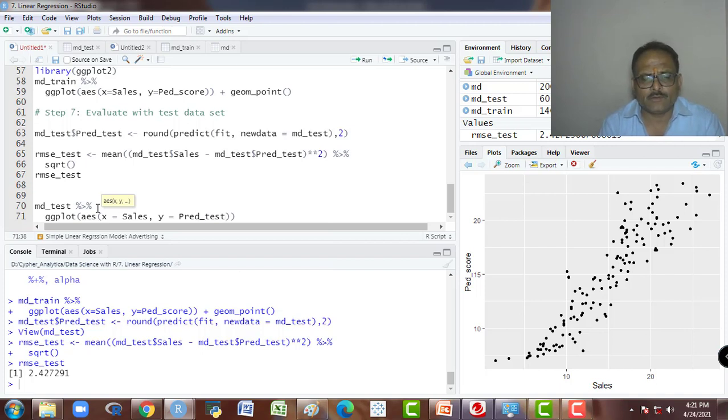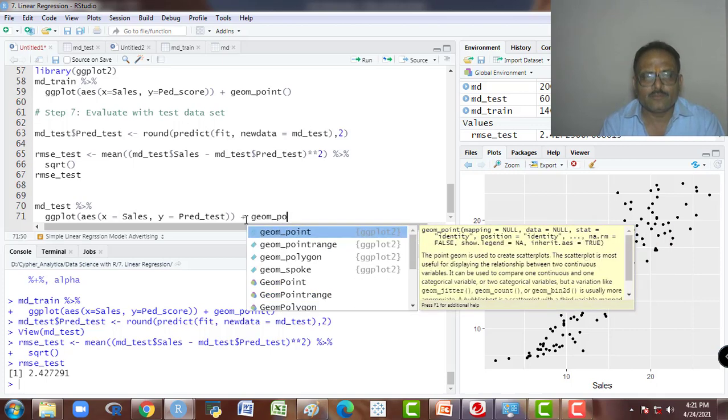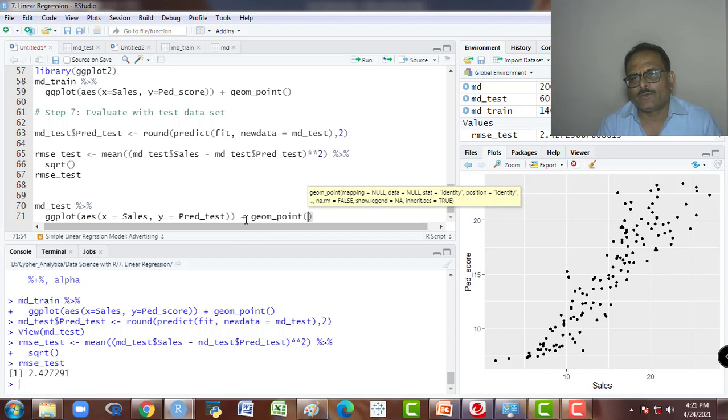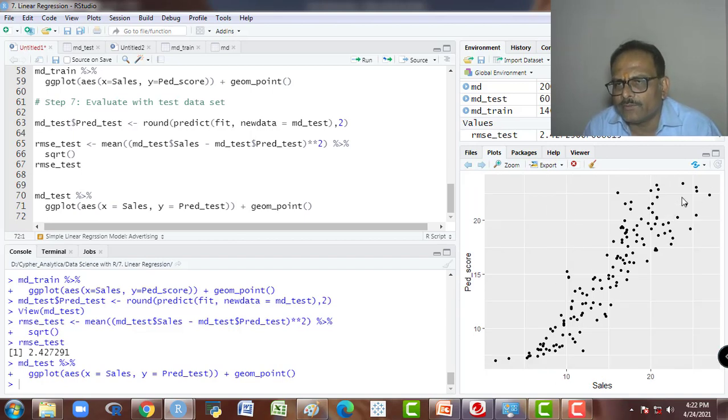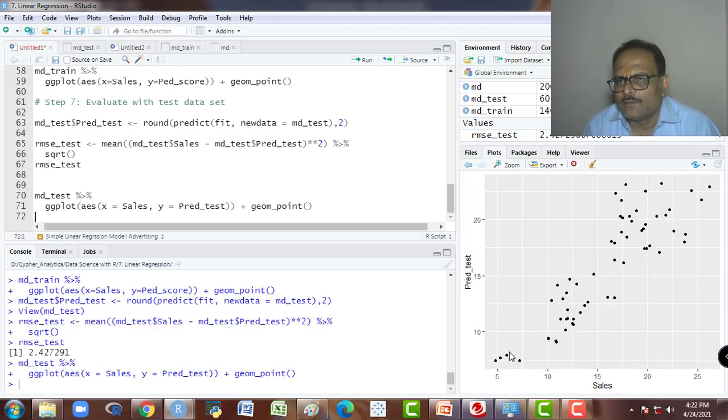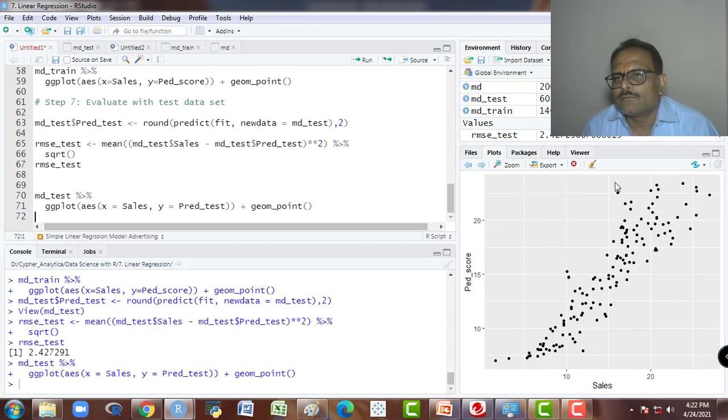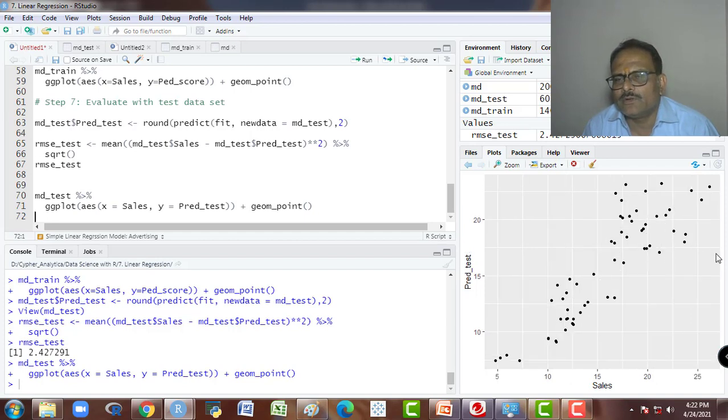And data is, we have taken already, md test, and now plus geom underscore point. So look at this, these are our test data. If you see the test data and this, they are more observations, 140. Here we have 60 observations only. The scatter is the same in both the observations, you will see here. So it is not overfitted, it is a good model.